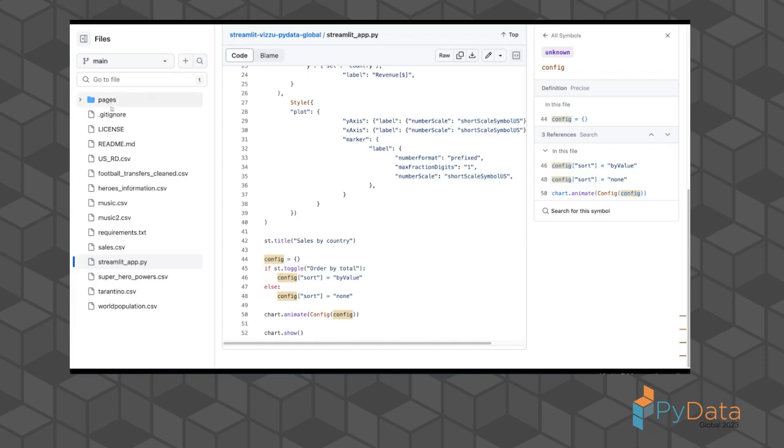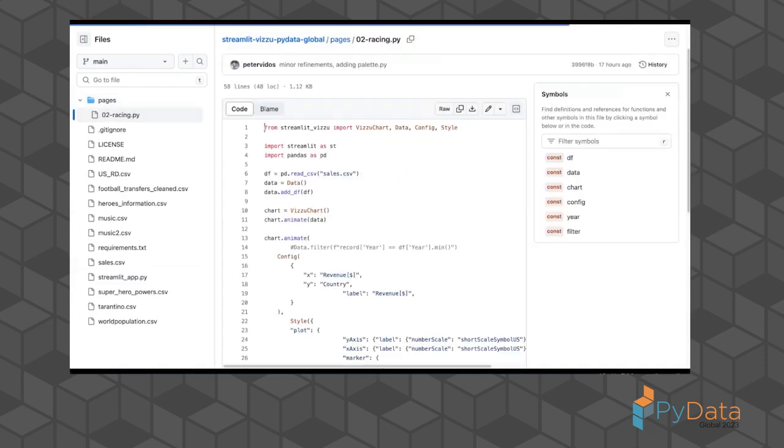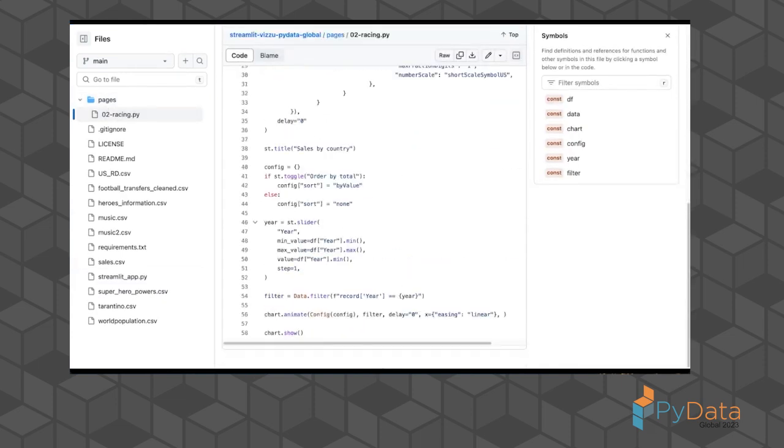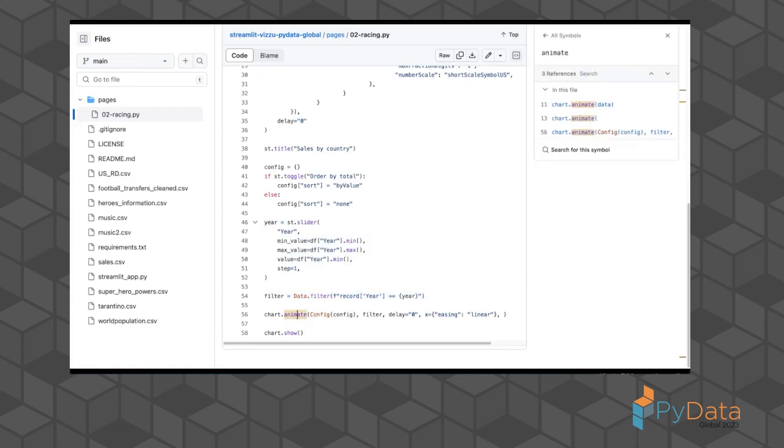All right, and last thing I want to show you, which it says to do this in the README, but just to make it explicit, essentially this is the same code, except we've added a year slider. So in this case, there's only 3 years of data, so it's not super exciting. And then we call it data.filter. And one of the things that you'll notice is that, and there's a few different fancy options being passed here,